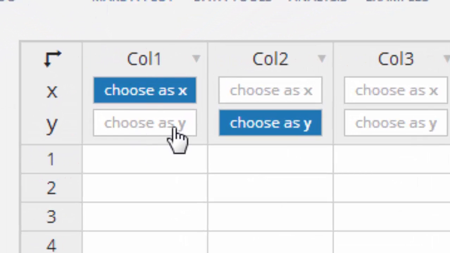Column 1 says choose as X, and column 2 says choose as Y. So one of the first things we need to do is decide what data goes on the X-axis and what data goes on the Y-axis. If you remember, the independent variable goes on X and the dependent variable goes on Y. The independent variable is the one that you were in charge of, and the dependent variable is the one that